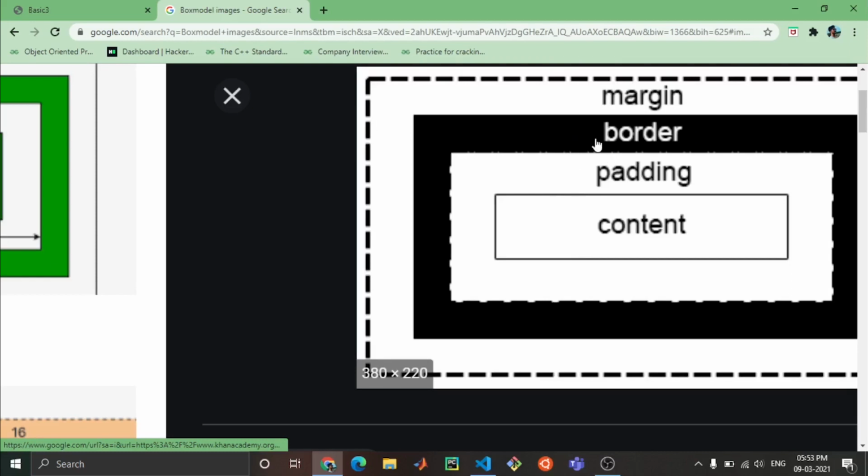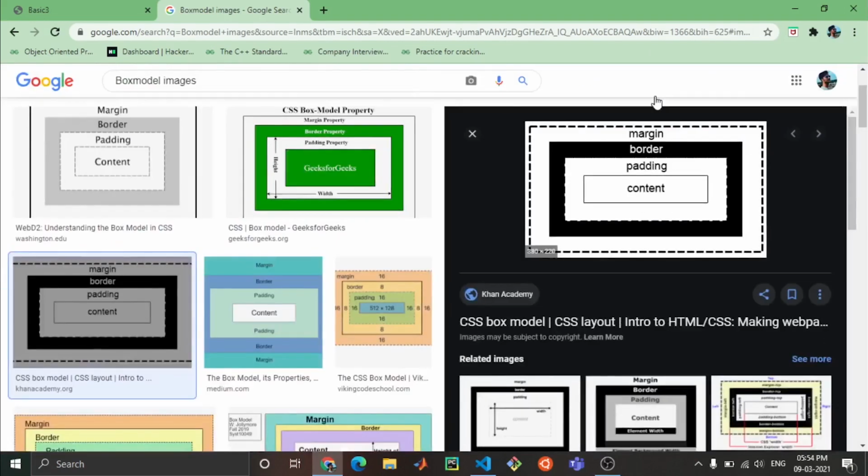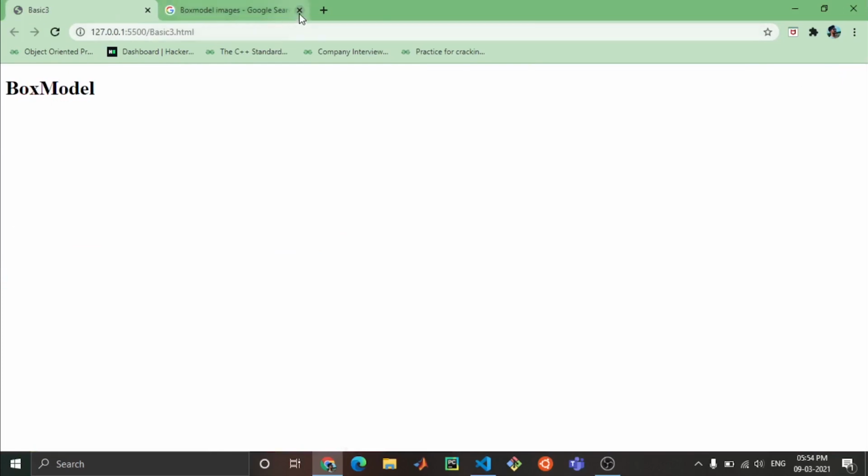That inside gap is called as padding, as I've already discussed in the previous video. And after this border, whatever space we are giving, that is margin. So box model structure is having majorly 4 components: content, padding, border, and at last margin will be there. Fine. So I think that is more than enough to understand.